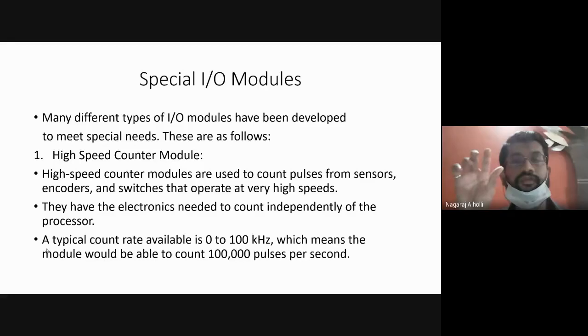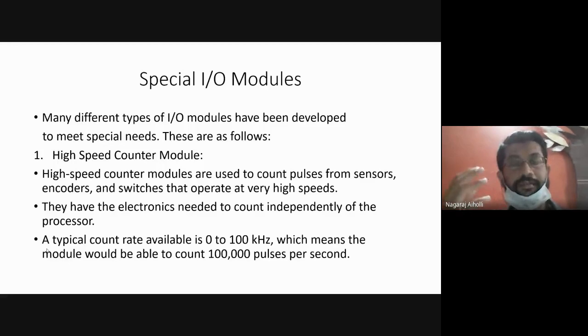Otherwise, if it falls on the opaque portion, that is the solid portion, then there is no passing of light from one side to the other side. So based on the amount of light passing through that rotating disc, as the disc rotates, whenever the light falls on the slot or the opening, it passes to the other end. If it is not falling on that slot, it is not passed to the other end.